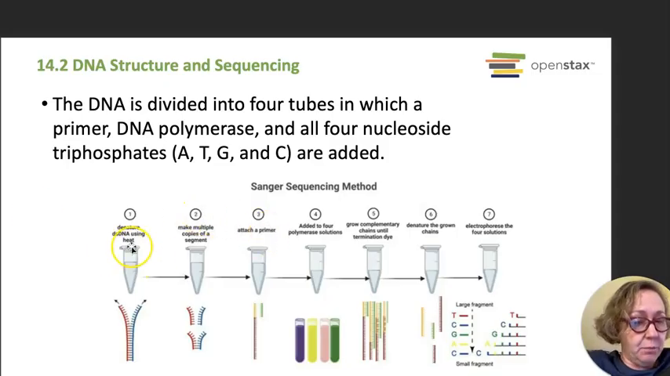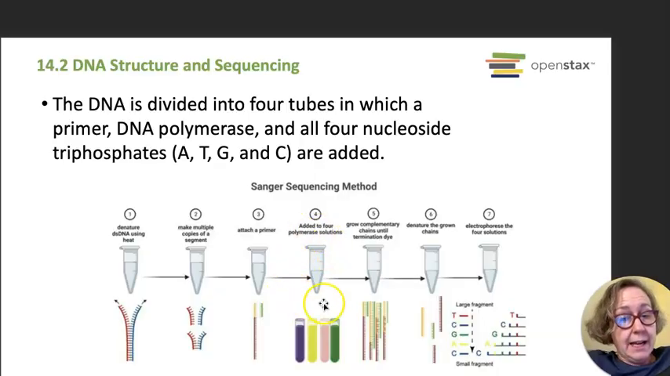Then that DNA, right? First you have to denature it, unzip it. Then you have to make a whole bunch of copies, like the video we just saw. Then you have to attach a primer. We will do this in class, but you have to attach something to the sequence that you already know is there. If there's a bunch of AAAATs, the primer will go there, so it doesn't zip back up, and so it can start sequencing. You will add a polymerase solution to it. You will grow a complementary chain